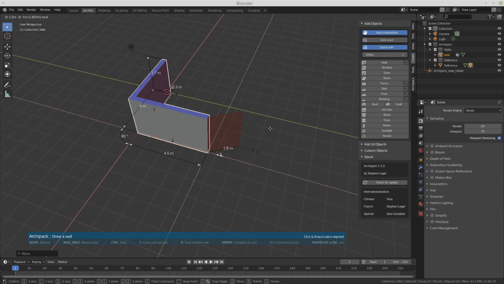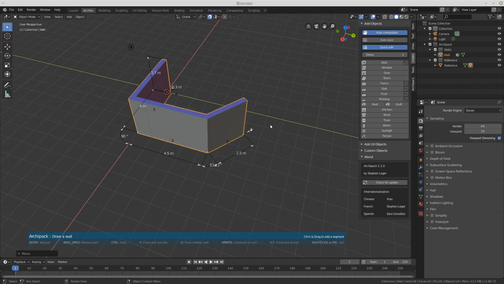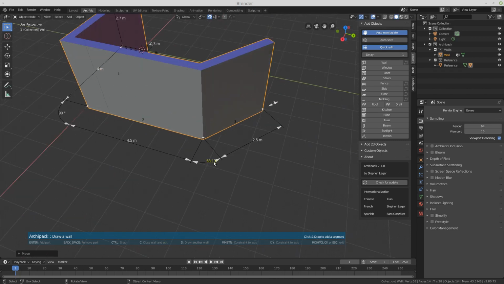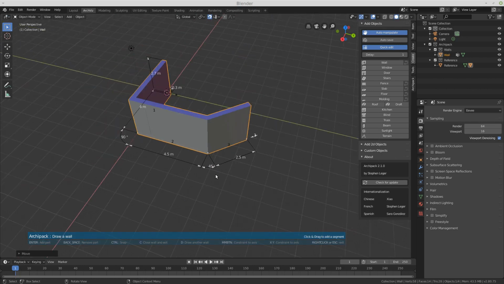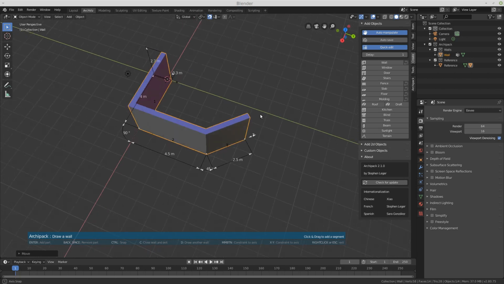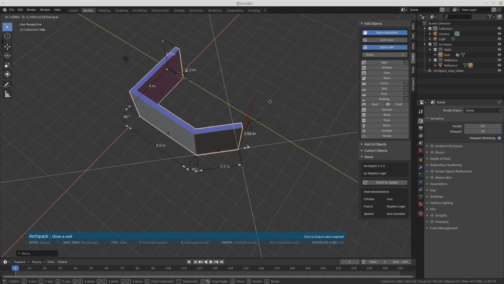So I'm adding a new one, and maybe I want 45 here, so I type 45 on the keyboard, Enter to confirm, and that's it. I want to go here. As you can see, when I start to draw, there are 2 constraint lines, the red and the green one.